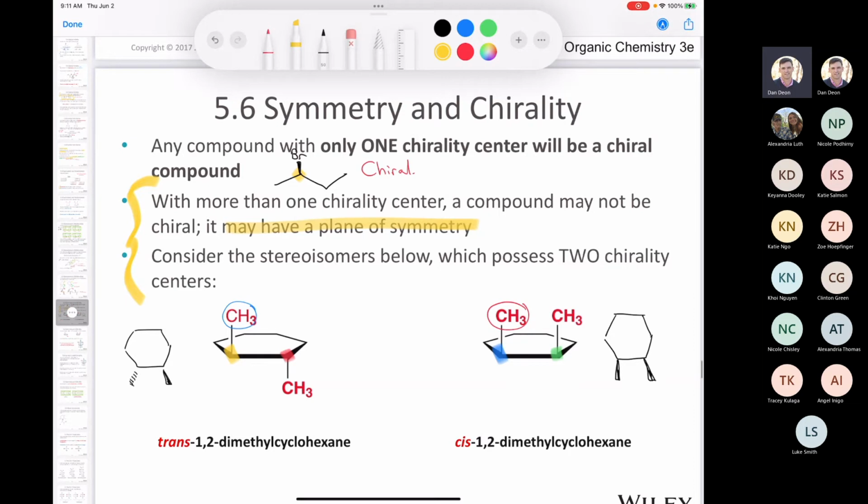Yes, it's the cis, right? You can see that there's a mirror plane going through this molecule right here. Look, if we look at the bottom line structure, wouldn't you agree that there's a mirror plane? There's a reflection on both sides here? Yes, absolutely. Whereas in this molecule, this is not a mirror plane. The reflection doesn't work. Same thing here. There is no reflection. So the molecule that has a mirror plane, even though it has 2 chiral centers, it's